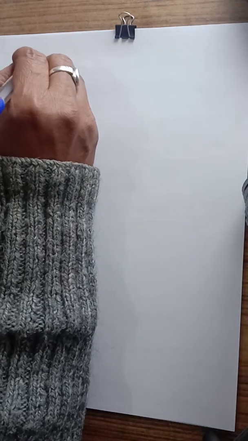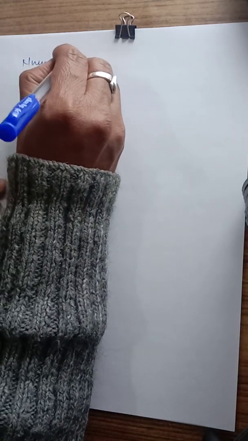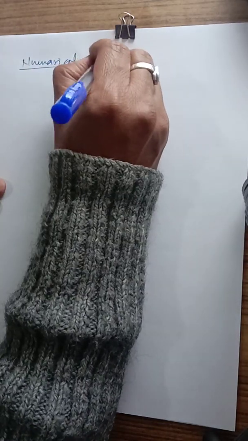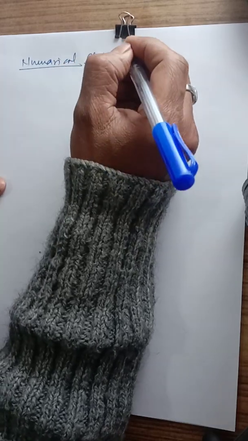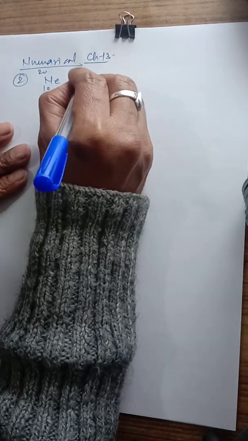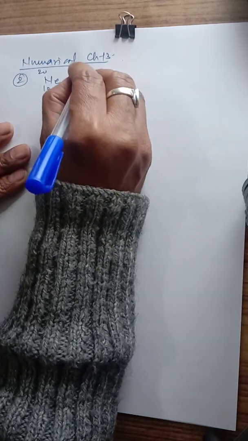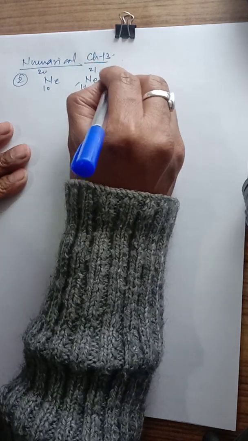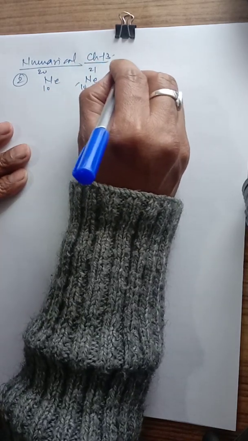Now some numericals from chapter 13. The very first numerical is question number 2. The three stable isotopes of neon, that is neon-20, neon-21 and neon-22, have respectively abundances of